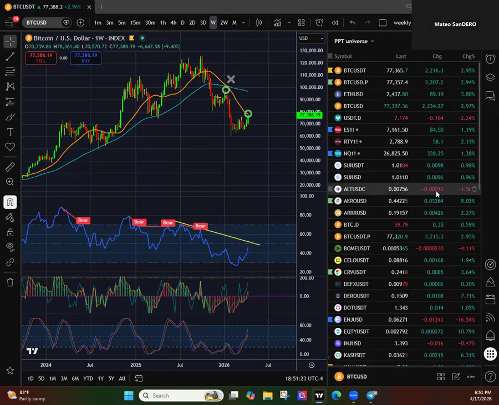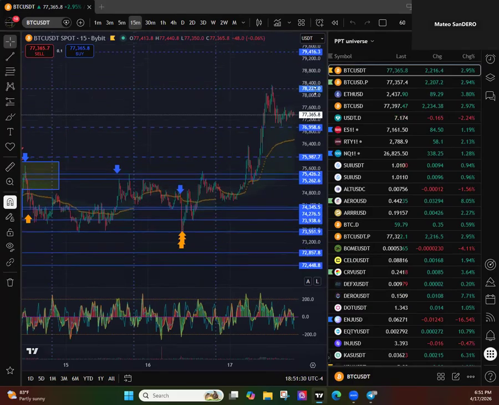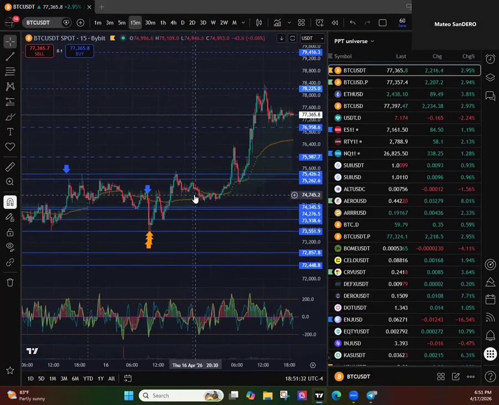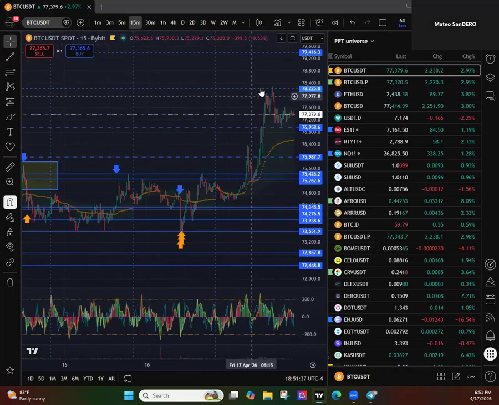Now we'll go to the 60. We'll go down a little bit now. We have some horizontal resistance here at 78225 and 79416. And then we go on the next time frame, the last short term, and then we go to the intraday